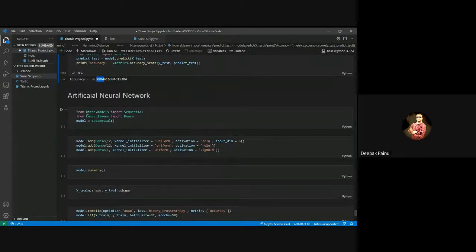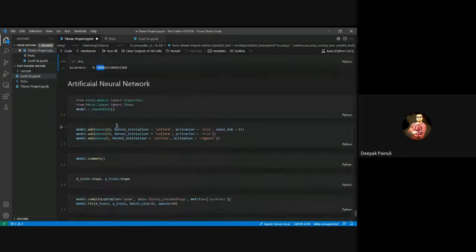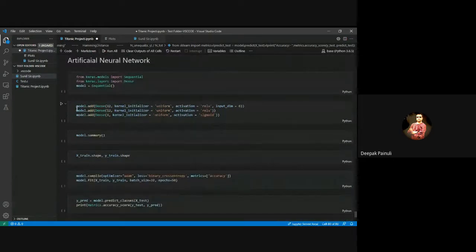Okay, so we have to use Keras. So from Keras.models, we are going to import the Sequential model, and for layers we are going to use the Dense layer, and model equals Sequential, right? That it will be the sequential model. So first, this line is representing one layer of your neural network.